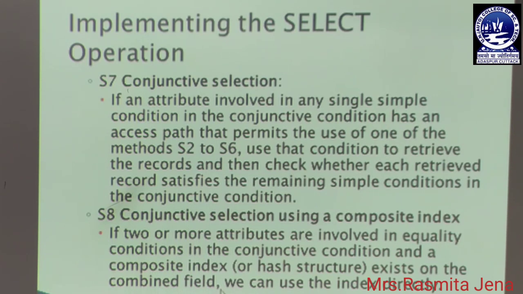That means, if the condition gives two or more attributes involved in equality conditions, as I have already shown, that is if SSN is this much and DNO equals this much, and these two conditions are connected using a conjunctive connector, in that case we will implement this algorithm, conjunctive selection using a composite index. Okay, let us see the example.